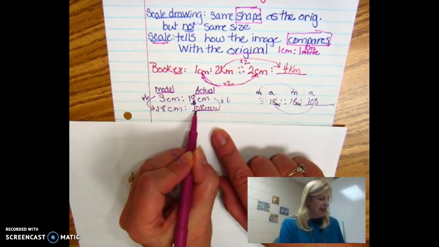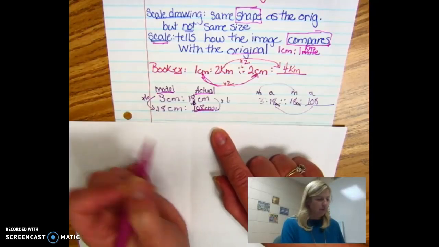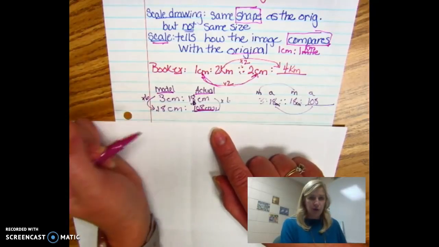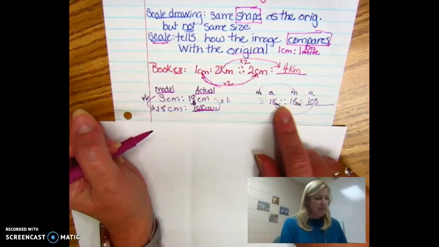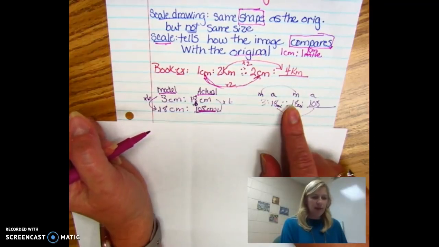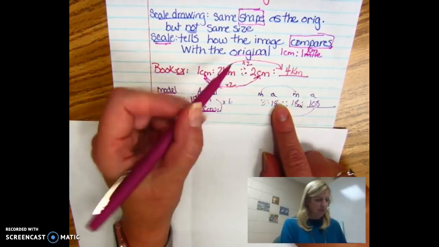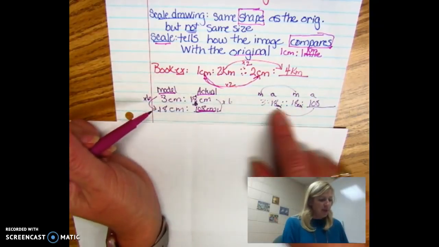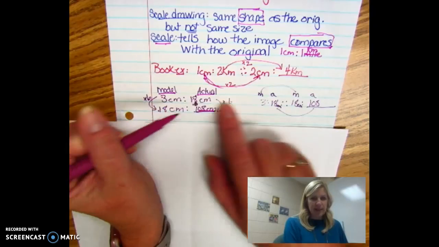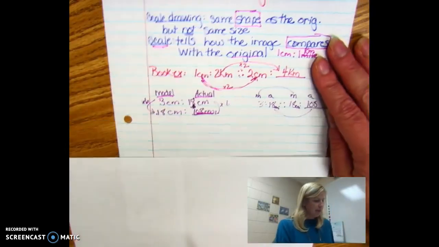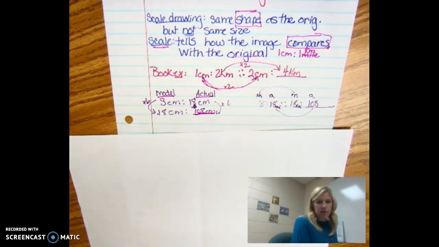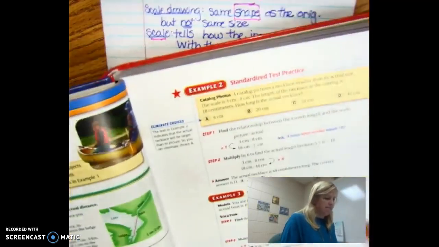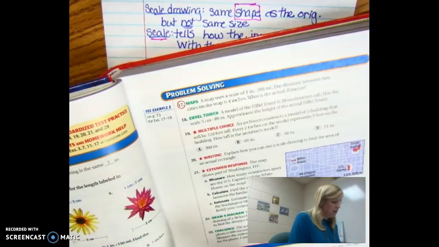I always put a blank for the one that I'm looking for and do my rule over here. I set it up the way that we did up here, just to show you. It works out the same either way, but it's easier to see that it's a times 6 rule on this one. I'm going to swing over to the book, so give me just a moment, and I want to show you